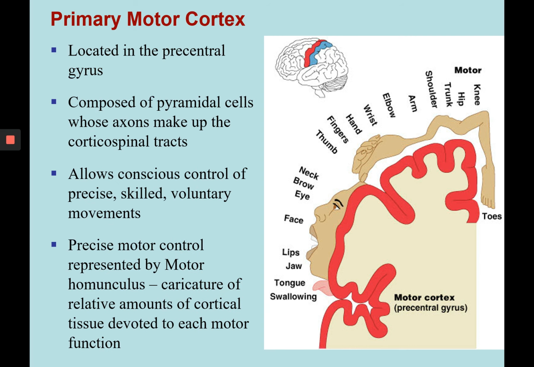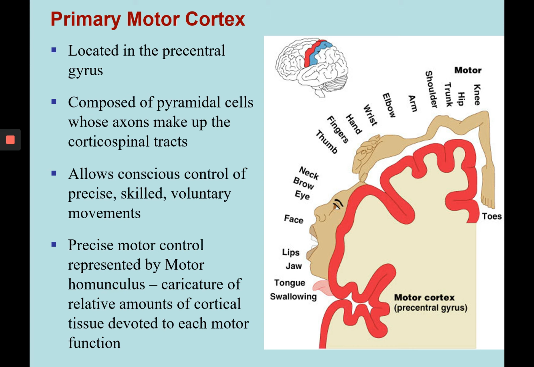So primary motor cortex, we know it's located in the precentral gyrus. We know that in the cerebral cortex, there are specific types of neuronal cells that we're calling pyramidal cells, and their axons make up corticospinal tracts that travel down the spinal cord. They travel through that deep white matter into the spinal cord. And what the primary motor cortex allows is control of motor movements, specifically voluntary motor movements, such as